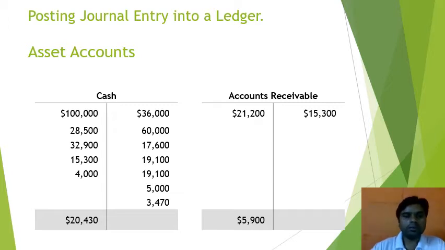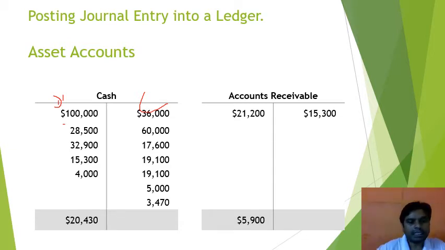If you look at the transactions which we made during the journal entry, the first transaction was the amount of 1 lakh rupees through which the company was started. You can see here that there are two parts, one is the debit part and another is the credit part. This is the debit part and this is the credit part. So initially 1 lakh rupees was debited to the cash account.